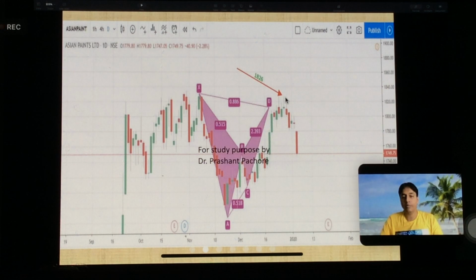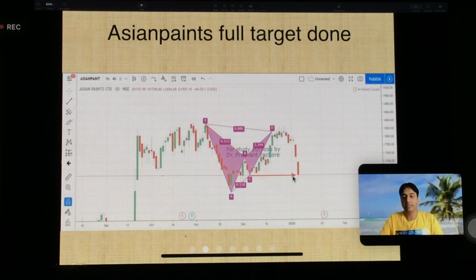So you can see price came here and started dropping down. Right? We got entry somewhere in this candle. It came down a little, again went up around, so you can be panicked there. Since I had reduced my stop loss to 1%, I was ready to hold it. And you can see how beautifully it came down, 1749 in the next 6 days. And then C point, final target done.